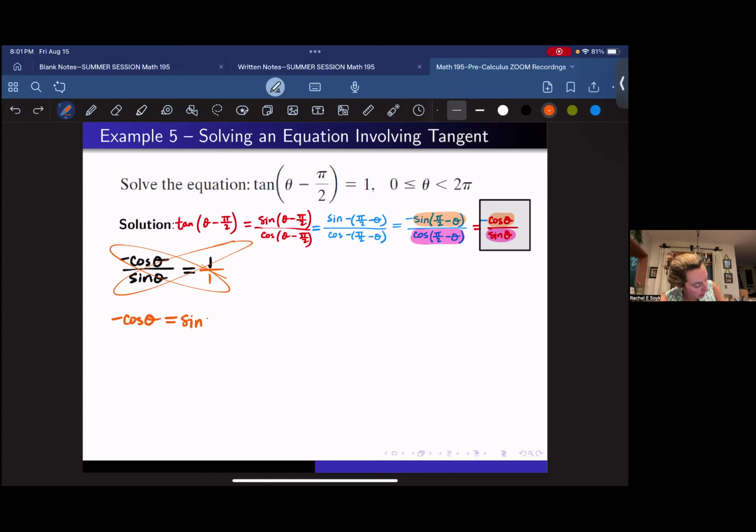And so what does this mean? We want to figure out, okay, let's draw out our little circle off to the right. What values of theta make it so our sine and cosine are equal, but keep in mind our cosine is going to be negative, whereas our sine